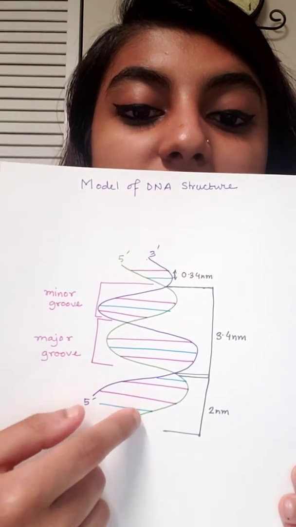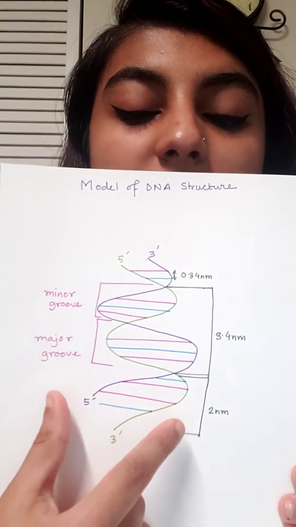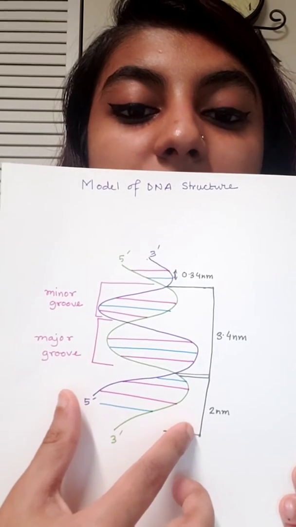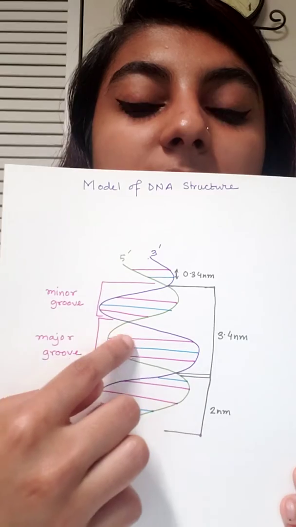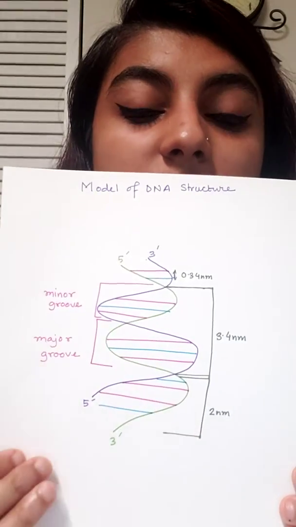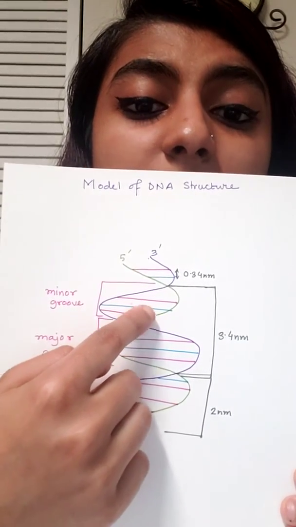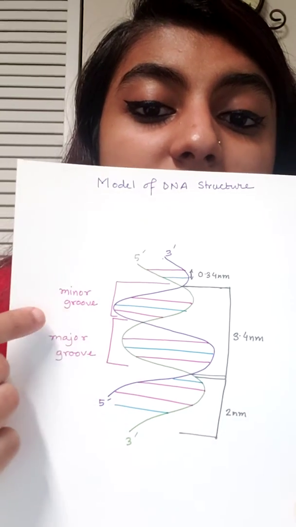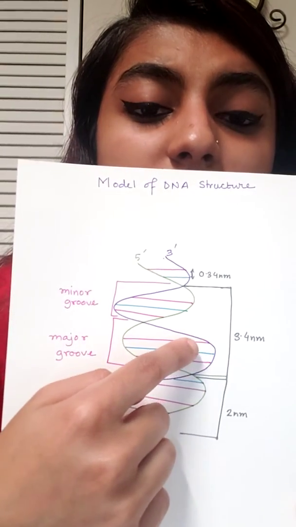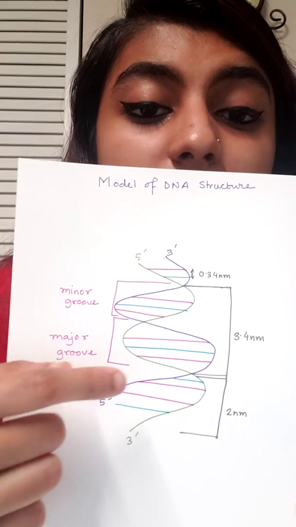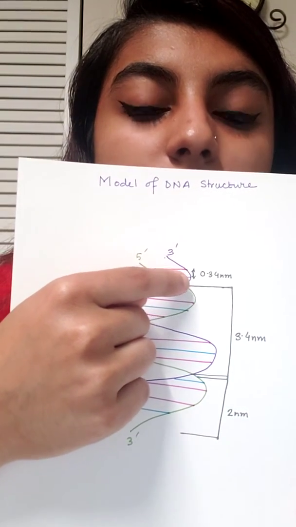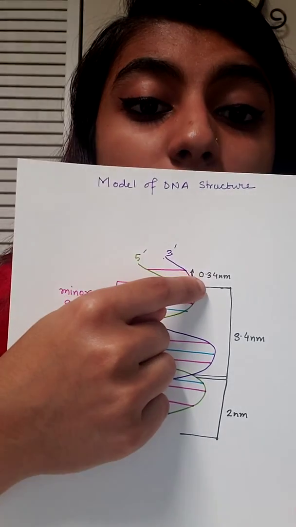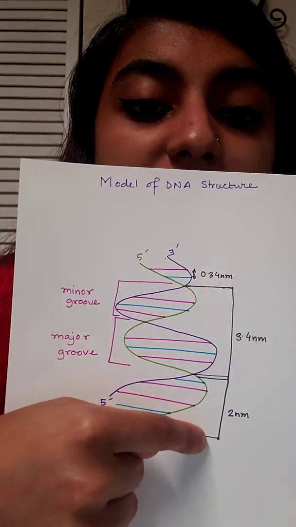So in this structure, the hydrophobic nitrogenous bases do not come close to the watery materials of the cell, and the phosphate backbones are hydrophilic, so they prefer staying in this structure. If the phosphate backbones are close to each other, then it is the minor groove, but if they are farther apart from each other, then it is the major groove. The distance between two nitrogenous bases is 0.34 nanometers, and these are the distances that I have elaborated before.